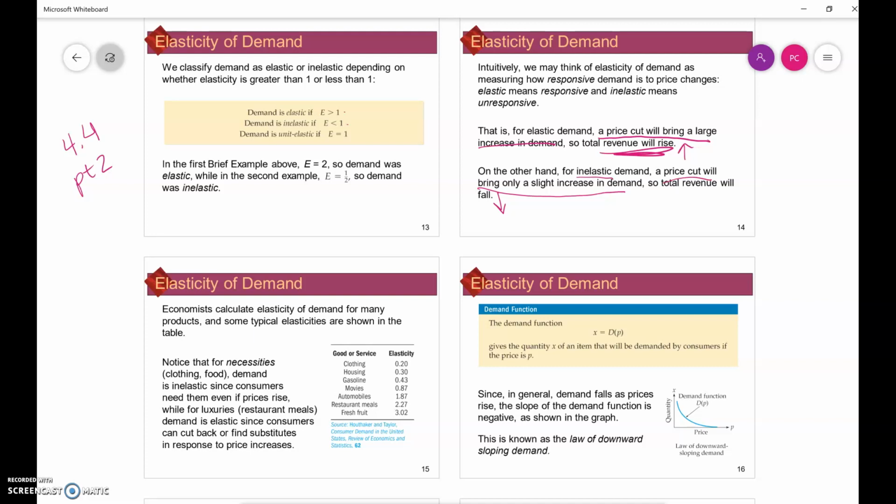So economists can calculate elasticity of demand for many products, and some typical elasticities are shown in the table. Notice that for necessities like clothing and food, demand is inelastic since consumers need them even if prices rise. While for luxuries like restaurant meals, demand is elastic since consumers can cut back or find substitutes in response to a price increase. All right, you've got a whole list of things here, and you see the